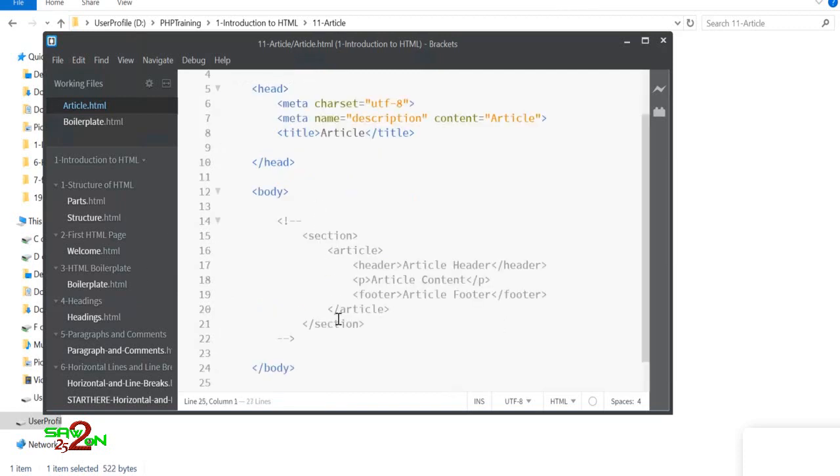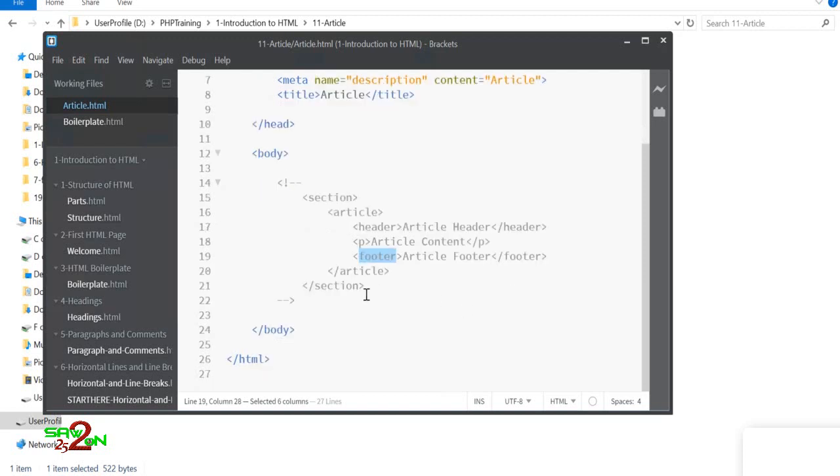So this is how the article looks like. You have a section, opening and a closing tag. Inside section you can write n number of articles, and for each article you have a header, that's basically the header of an article. Then you have p tag, which defines the paragraph, that is your actual article. Then you have a footer where you can write the footer of an article. Okay, so these are predefined HTML tags that you can use in the same format. You can write a section, you can write article, header, paragraph and footer.